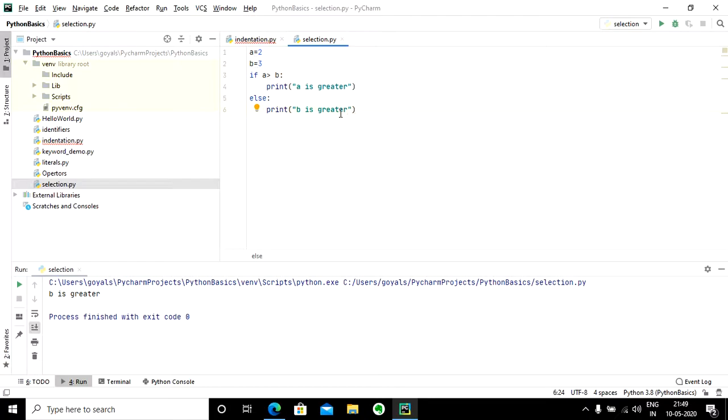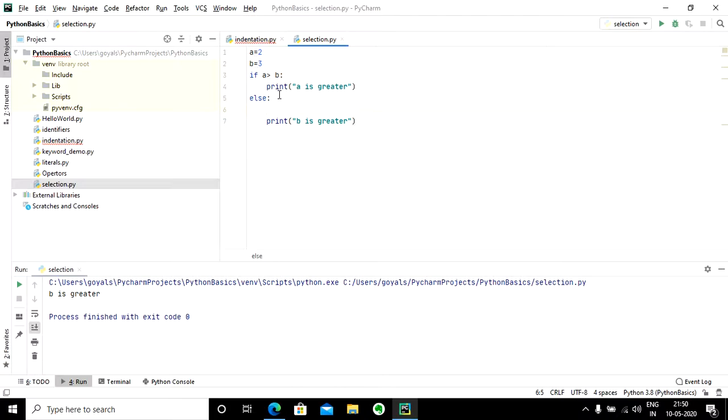Now let's bring in the situation where a and b can also be equal, to make it more realistic. The first condition would be the same: if a is greater than b, I need to say a is greater.